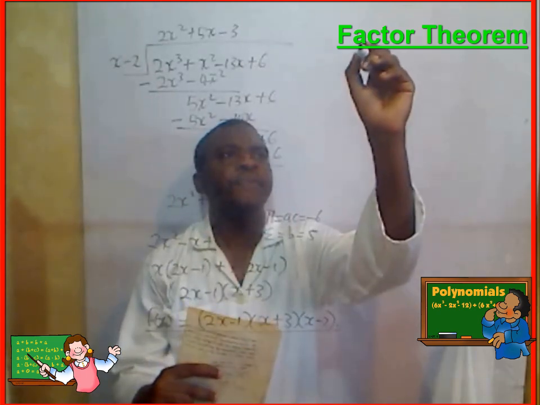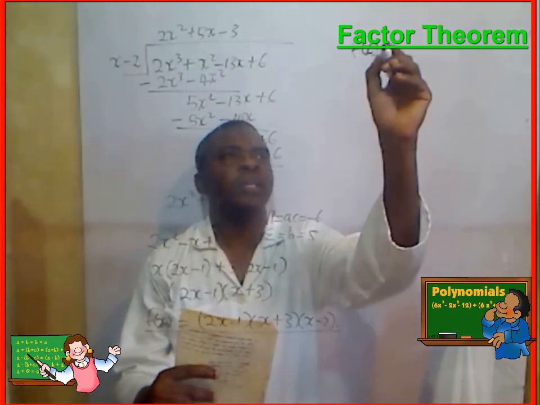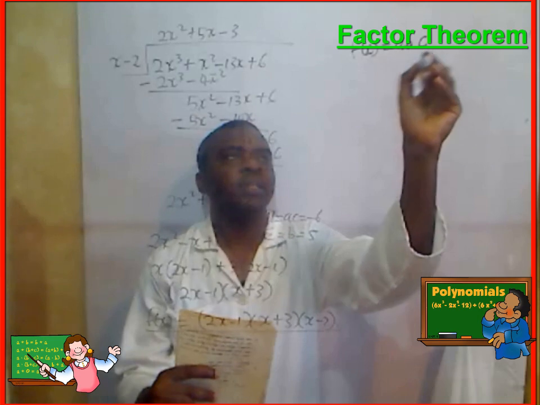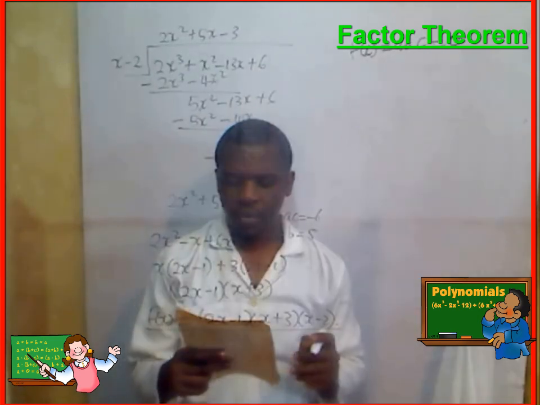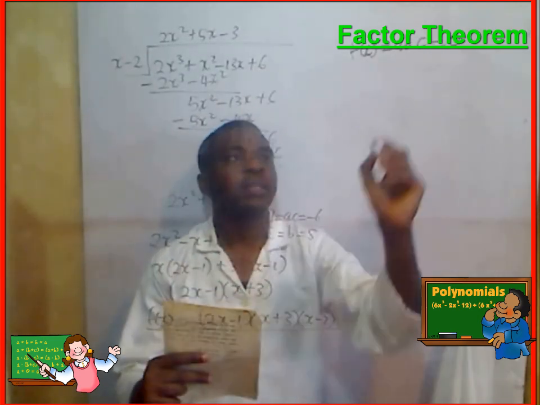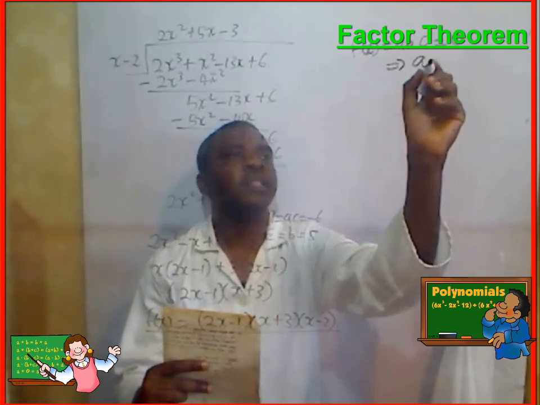So if f of x equals a, b, c is equal to 0, this implies that a is equal to 0